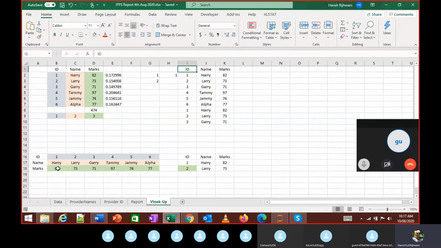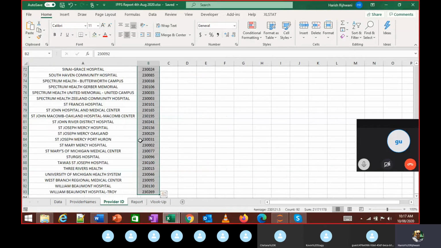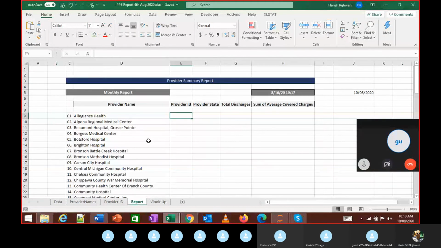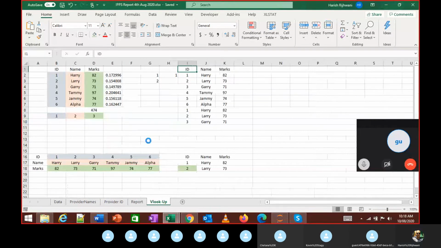Everybody understood this? HLOOKUP and VLOOKUP, what is the difference? Any doubts, folks?